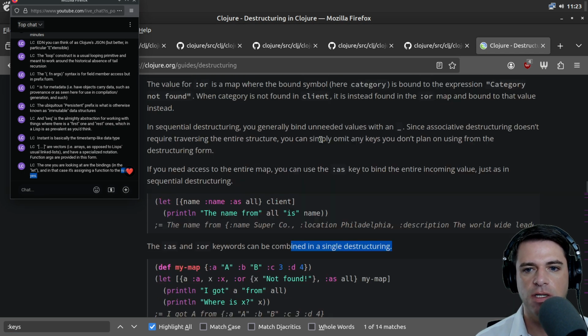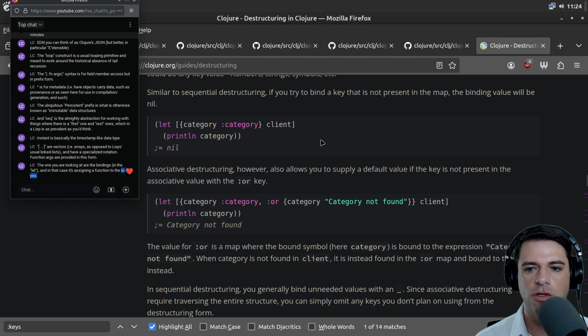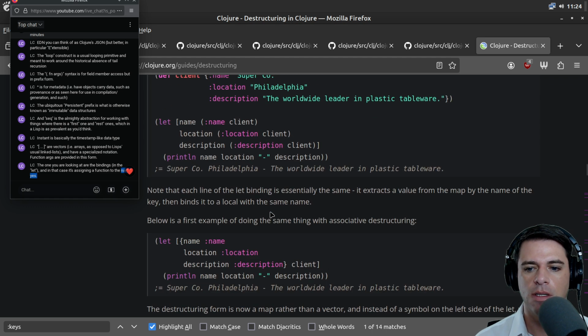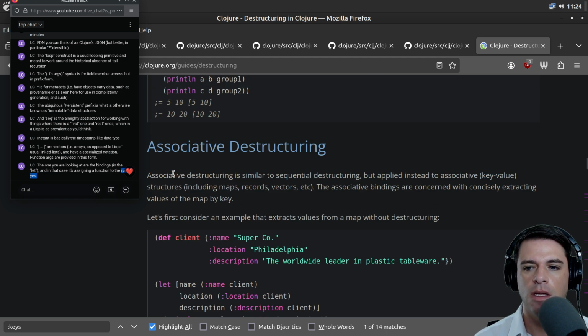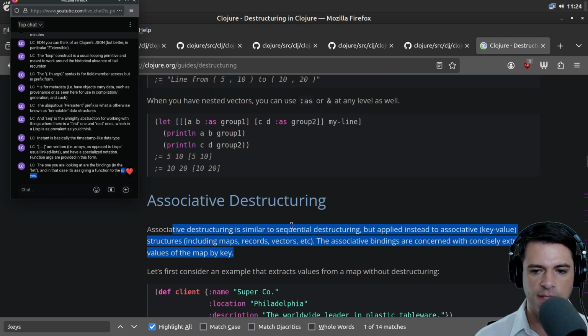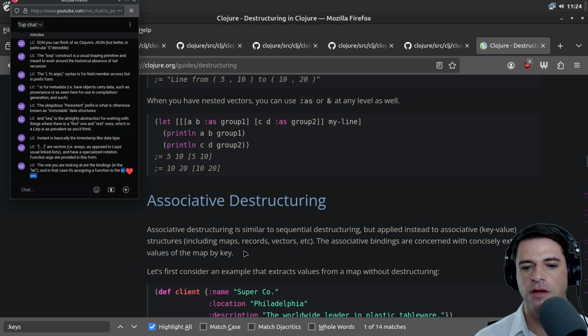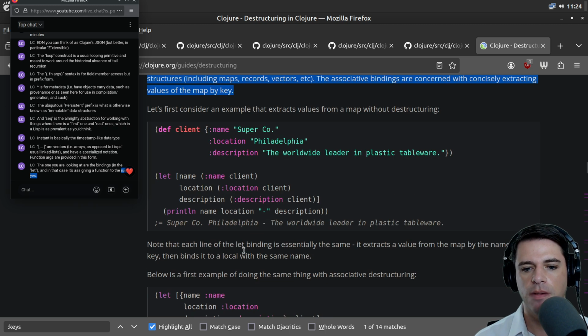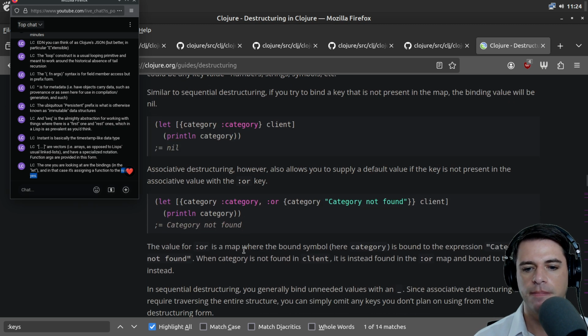So it's something about destructuring. Associative destructuring. And then we also have a sequential destructuring. Associative destructuring is similar to sequential destructuring, but applied instead to associative key value structures, including maps, records, vectors, etc. The associative bindings are concerned with concisely extracting values of the key map by type. And so what does OR do?